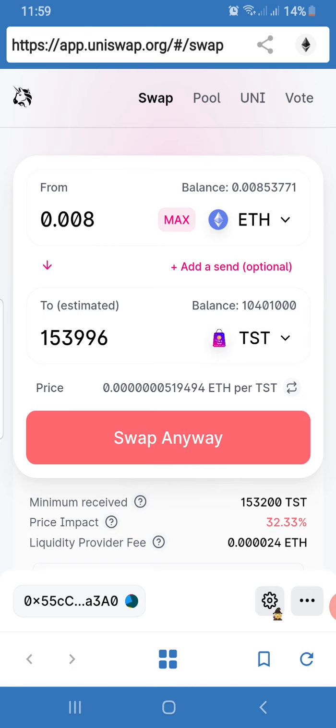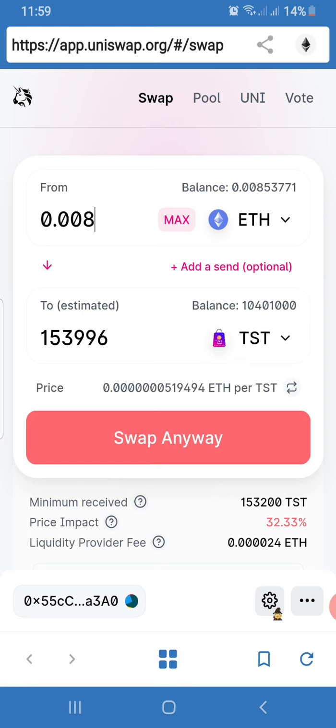You see the minimum received. The minimum I'm going to receive is probably about 153,200, depending on what's happening in the market. So I either receive 153,996, or I receive 153,200, so it's between the two of them. The price impact is that it's going to see an increase of 2.3%